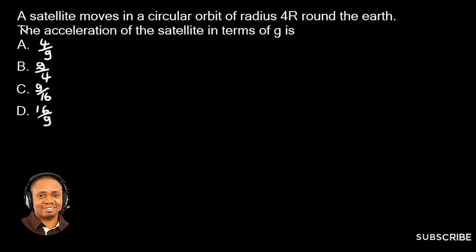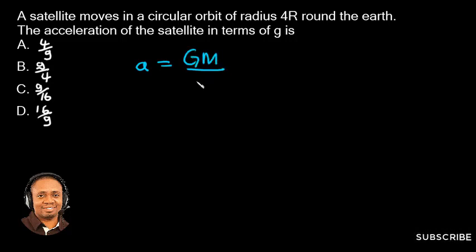This is question 31, JAMB Physics 2018, and the question goes thus. A satellite moves in a circular orbit of radius 4r around the Earth. The acceleration of the satellite in terms of g is. There is a formula for the acceleration of the satellite, which is a equals